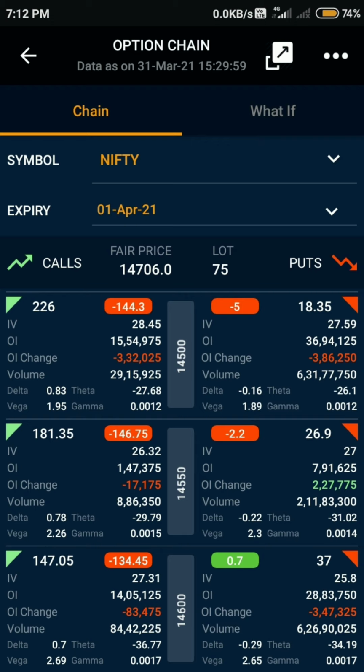So this time I am not expecting a major fall, and 14,550 may act as the lower end for tomorrow's expiry. But if we break 14,550, we may see around 14,450 to 14,400 levels coming. Put call ratio is around 1.09 and that's oversold, so we may expect a short covering rally tomorrow. And India VIX is up by 0.8%, around 20.6, so that's not negative. So tomorrow I am expecting a sideways to downward expiry.